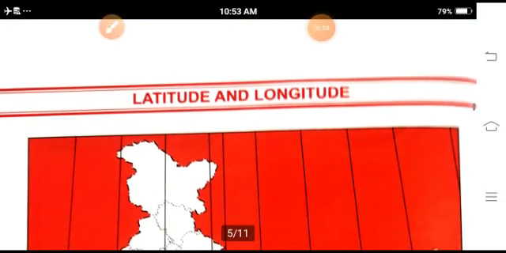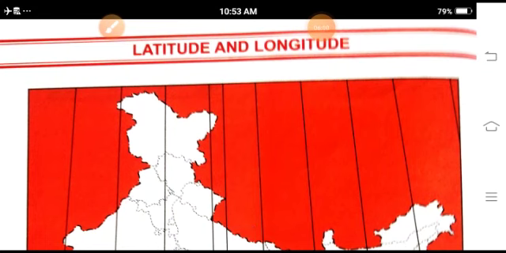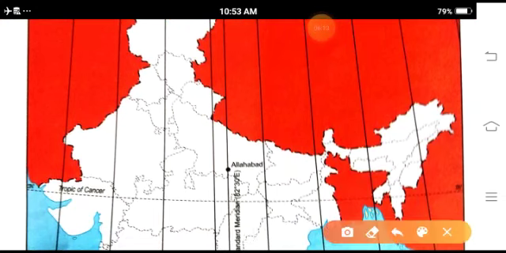Now latitude and longitude. Mainly the Tropic of Cancer is known as the latitude line, and the standard meridian is known as the longitude line. You have to see them there. This is the Tropic of Cancer line, which passes from Gujarat and cuts through Assam. Now where the two rivers, the Yamuna and the Ganga, meet, you have to point out there, and we mark the straight longitude line denoting the standard meridian of India, 82 degrees 30 minutes.